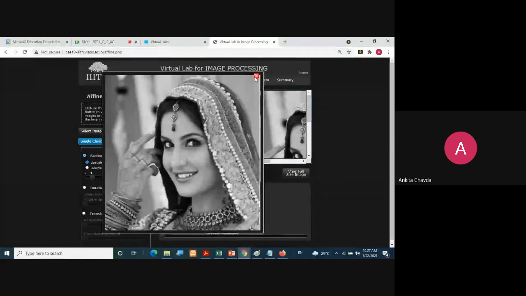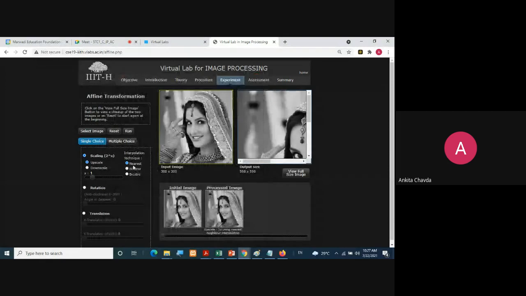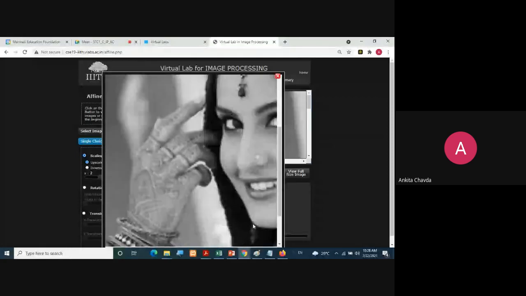But if you want to see the exact result or exactly compare nearest, bilinear and bicubic, then you have to choose minimum 2x. And you can check, then the difference is clearly visible. This would be around your 1200 cross 1200, right? When you check with the view full image, you can check this thing.